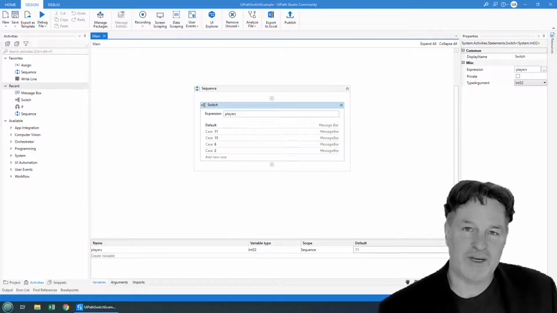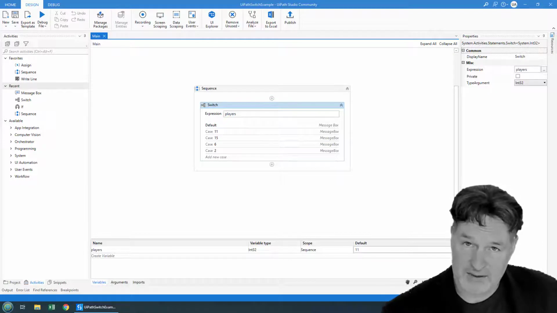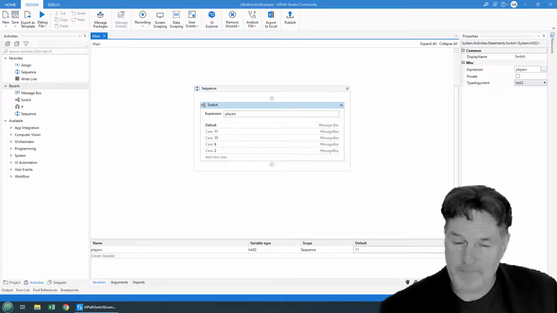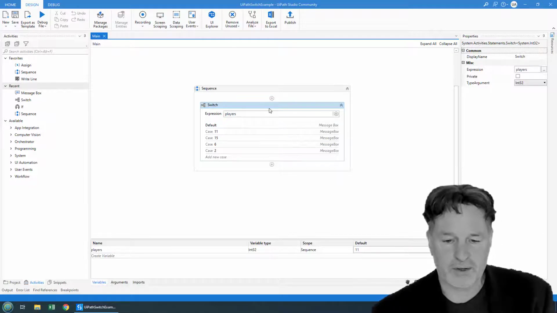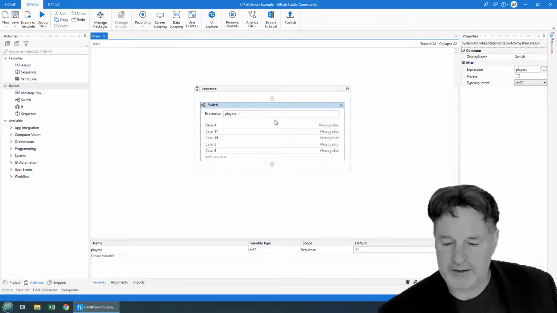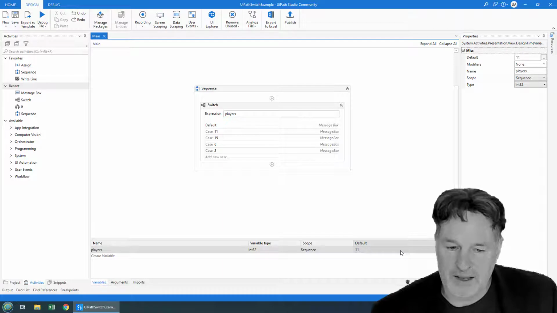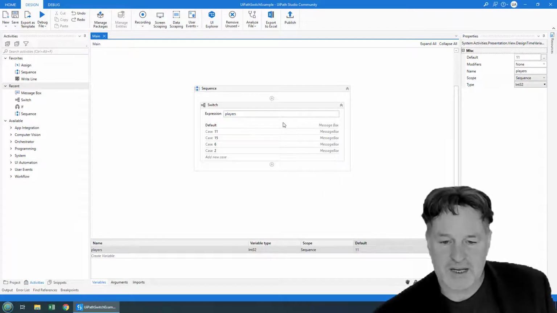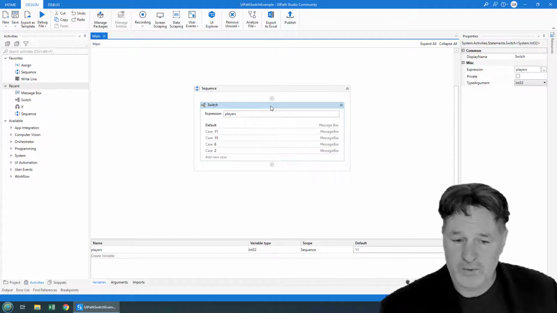I'd like to give you a quick example of how to use a UiPath switch activity with a string. I did this previous UiPath switch tutorial, and the basic idea here was you had a variable named players. As you can see, it's an int value, and I've assigned it the value of 11. And then you have a switch statement that tells you what sport you could build a team for with that